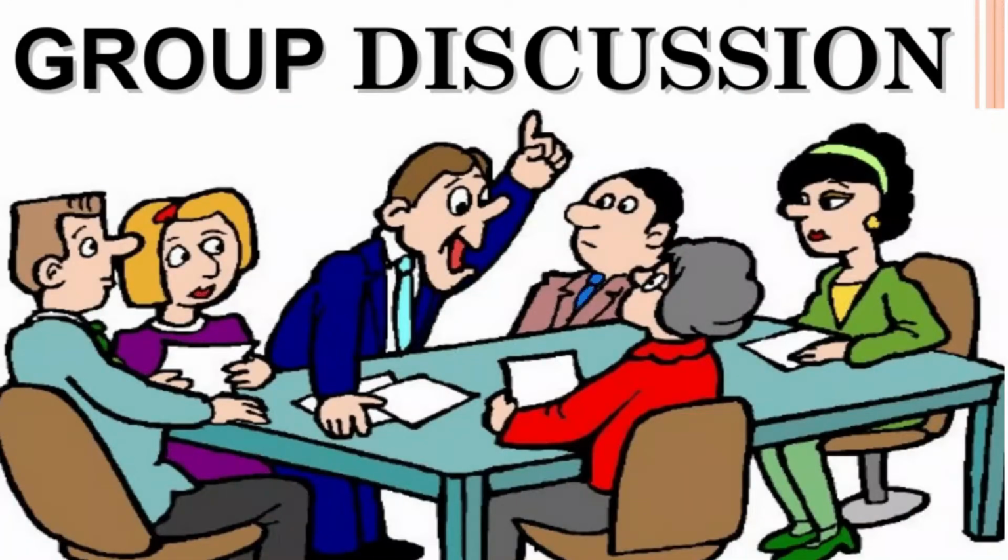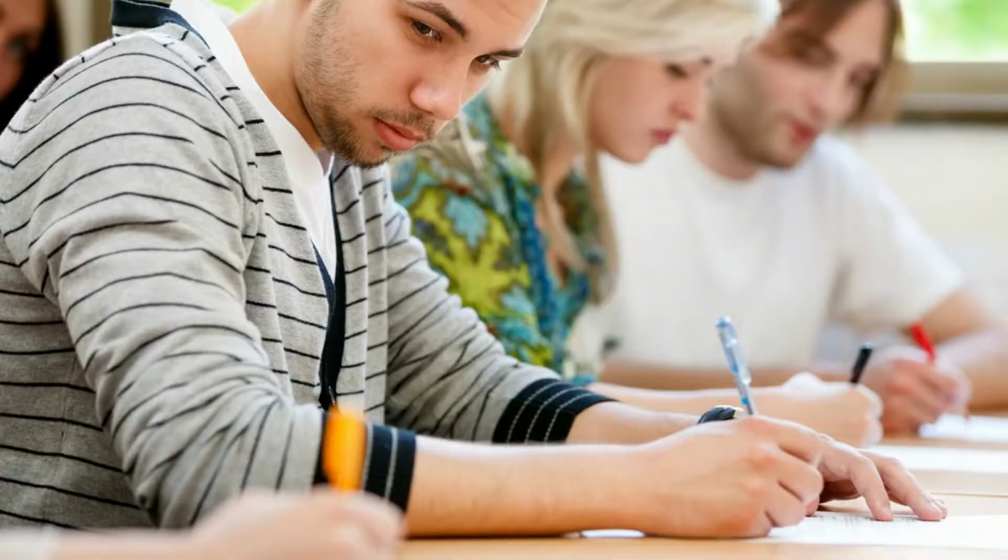So in today's video, I will be sharing with you 5 tips which will help you to clear the group discussion round. The first round is the aptitude round, and most of us clear that round. Either you're smart, you would clear that round, or the second option is by copying, and I was one of them. So let me know in the comment box below how many of you guys have copied for your aptitude round. But in the group discussion, you cannot copy from someone else because you're sitting in front of the moderator and you cannot copy someone else's ideas or his point of view. So in today's video, I will be helping you to clear the group discussion round. So now, without any further delay, let's get into the video.